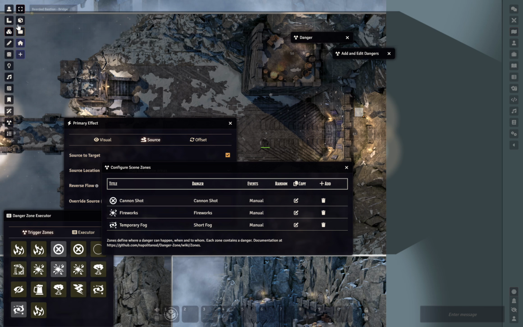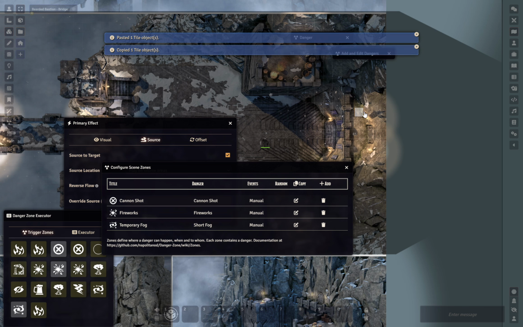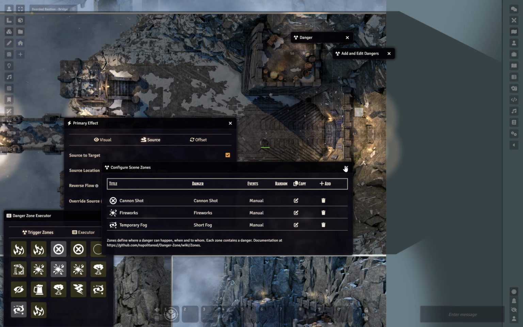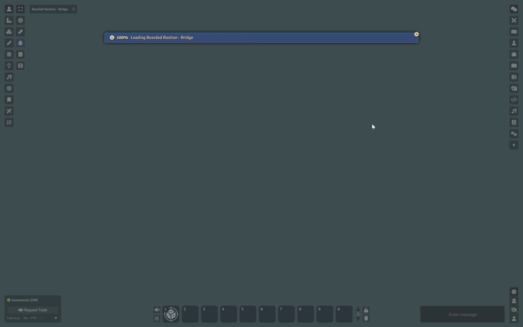let me find this. Why can't I move that? Oh dear. Alright, well, I don't know why that's giving me a problem here. Sorry, I'm going to have to refresh because Foundry kind of froze when I was trying to paste in that